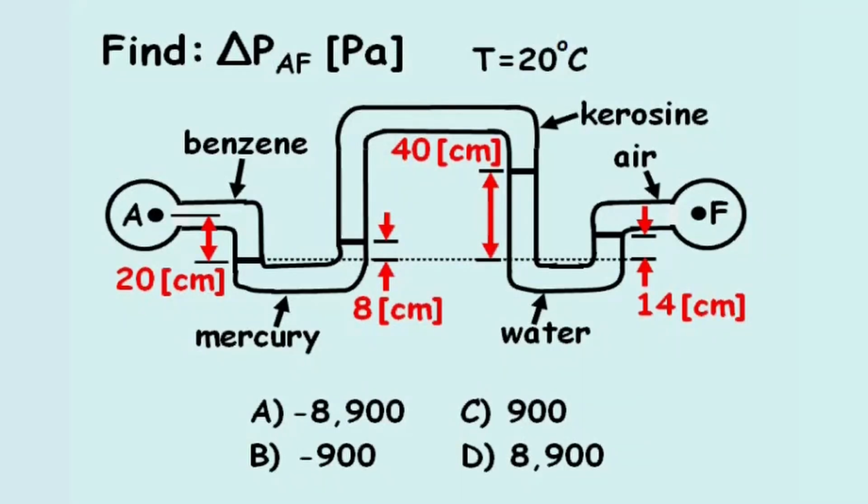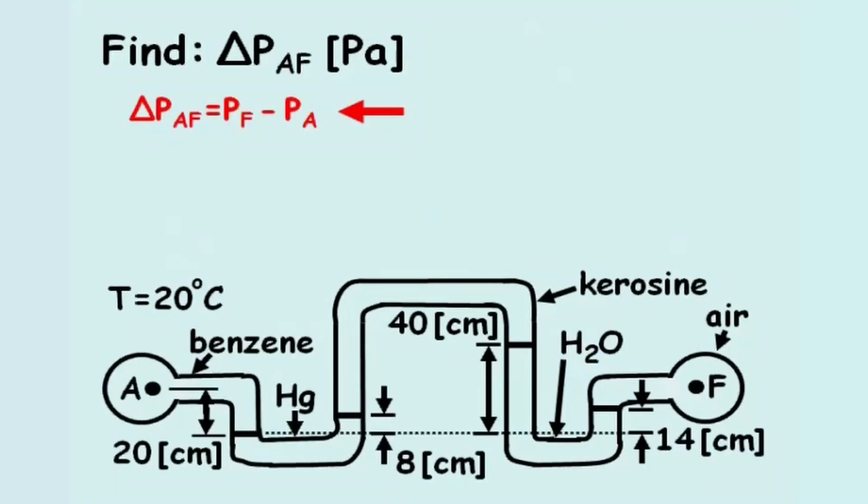Points A and F are located at the two ends of the manometer, and the temperature is 20 degrees Celsius. The problem asks for delta P of AF, which is the same as the pressure at point F minus the pressure at point A. This pressure difference can be computed using the general equation for the change in pressure across